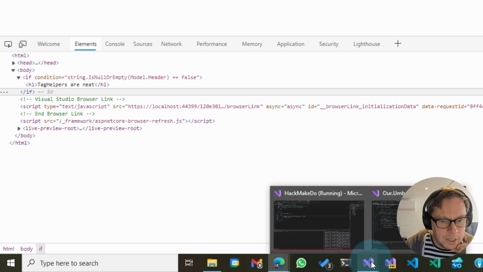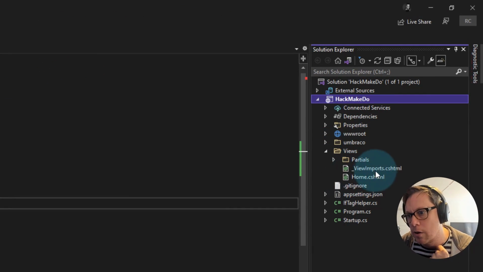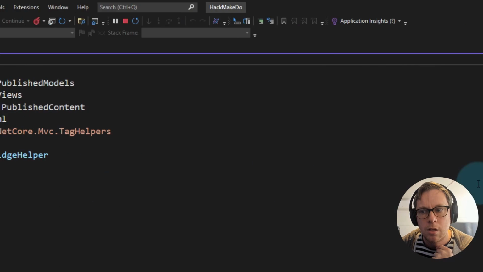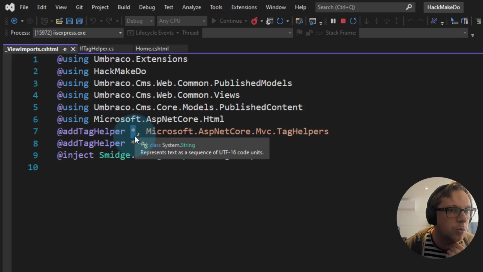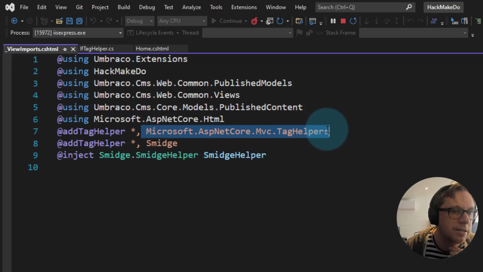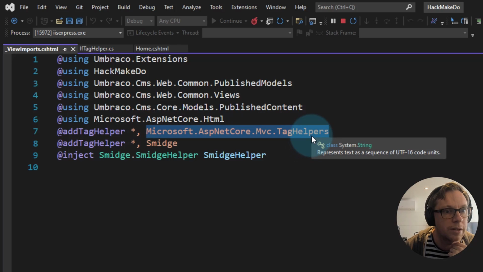So what we need to do is go to our views folder and our _ViewImports.cshtml Razor file here, and you can see there's this new HTML, or Razor syntax even, sorry, which is @addTagHelper, and the asterisk is saying include all tag helpers within this assembly. This is not a namespace, this is the assembly name. A little bit confusing because obviously Microsoft's one here looks like a namespace, but that is the assembly name that